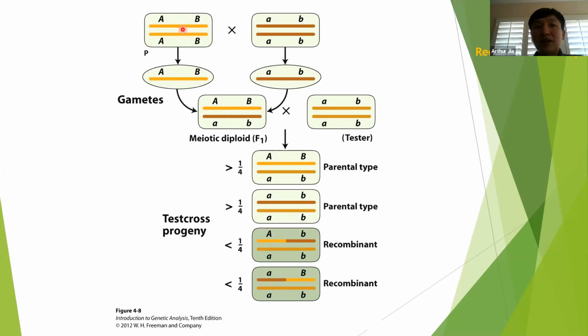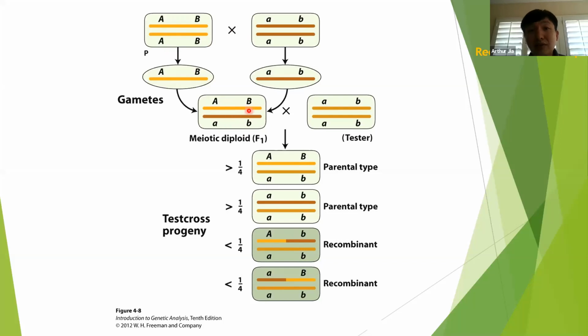One parent is homozygous at the two loci, and the other parent is also homozygous at the two loci, but this parent is carrying the recessive alleles, for example. This parent is carrying the dominant alleles. All right. So now, if we do the cross between these two pure parental lines, we're going to get a dihybrid F1